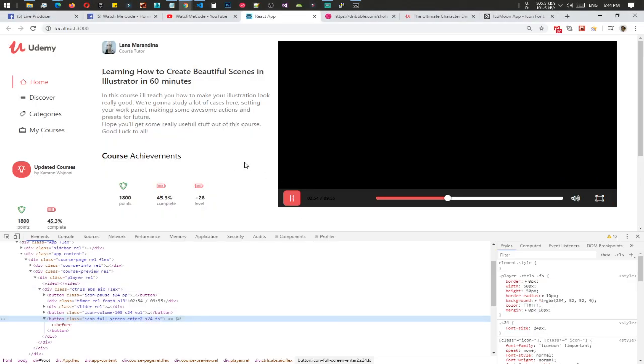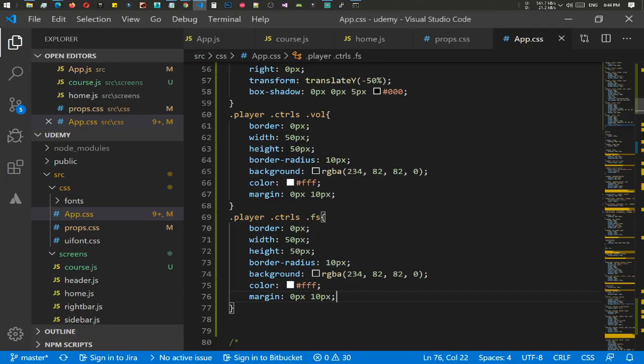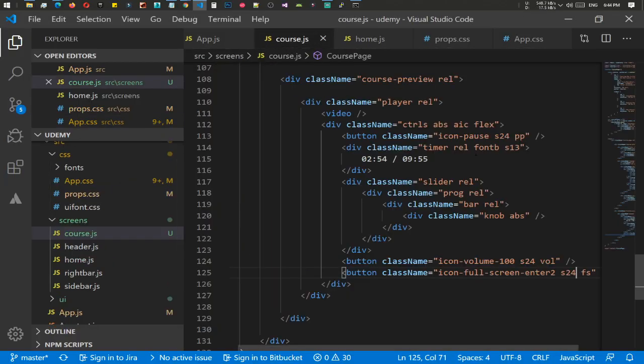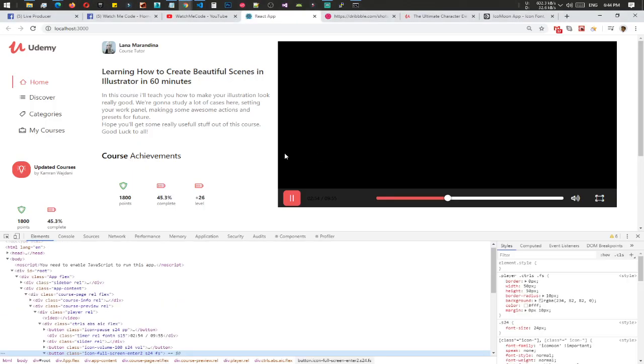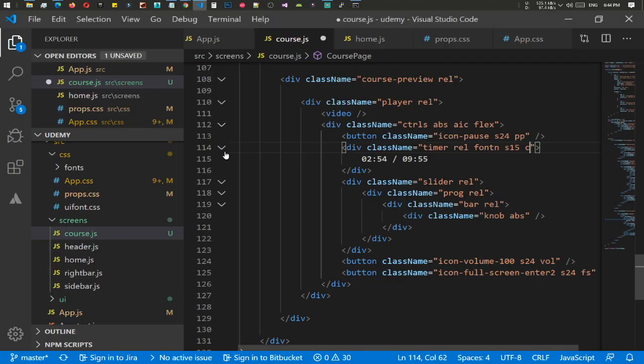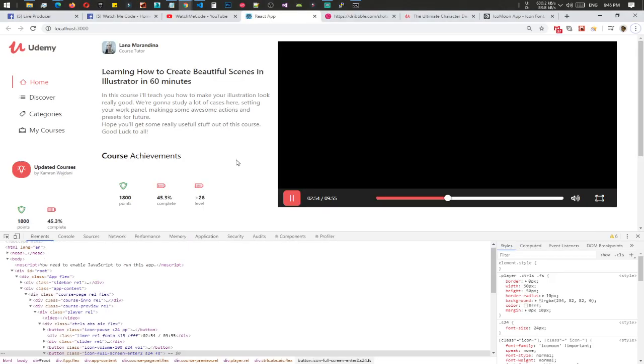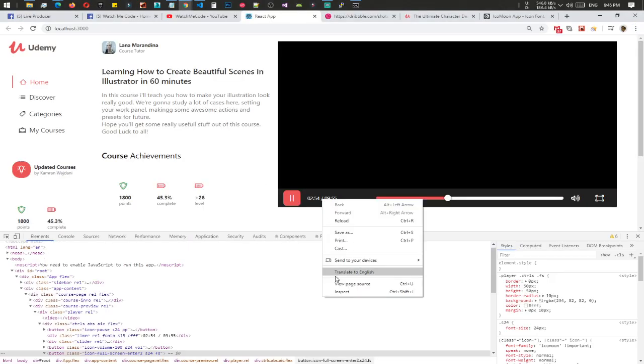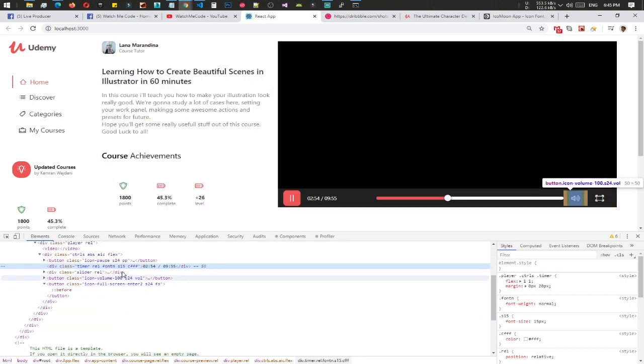Yes, perfect. Now let's go to our timer, and for timer we will use s15 with a cff. Perfect. Now if we can just change the timer font size to s18,